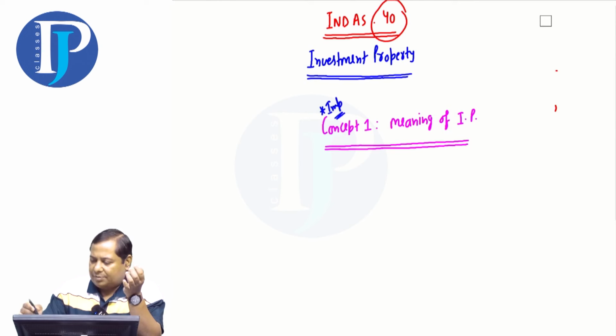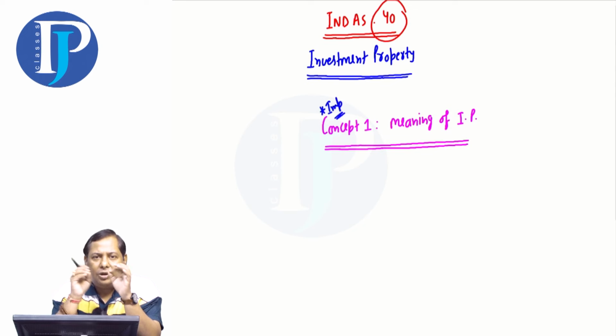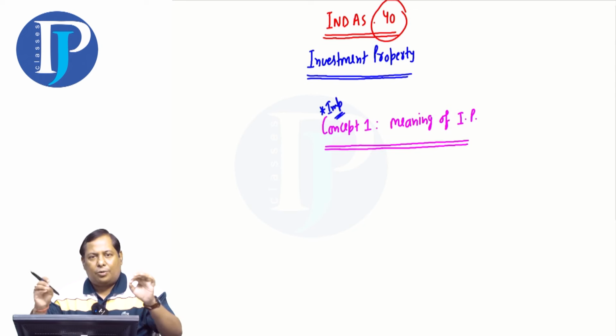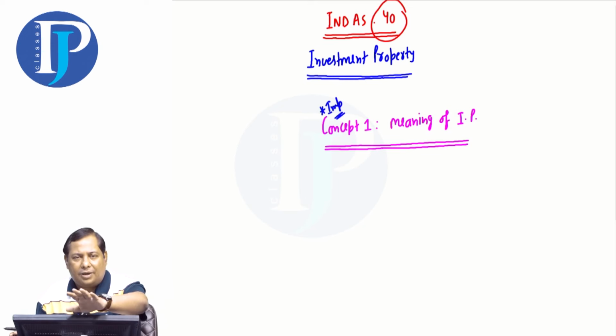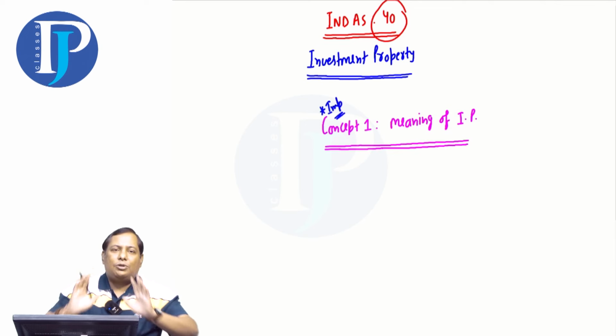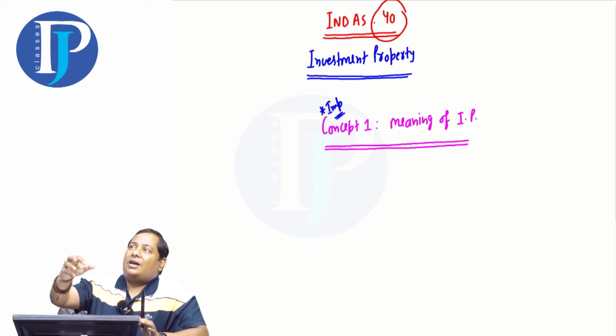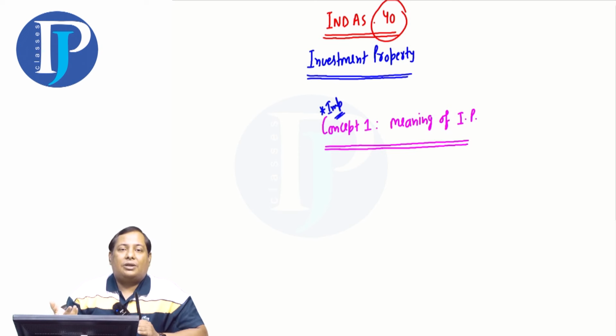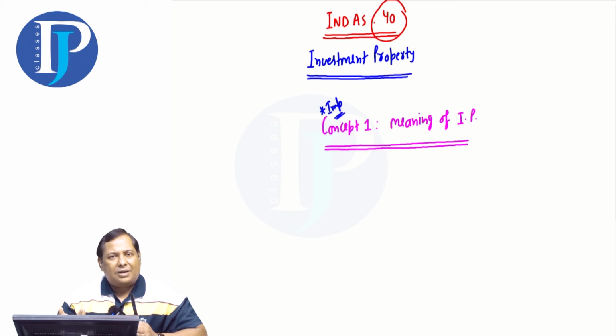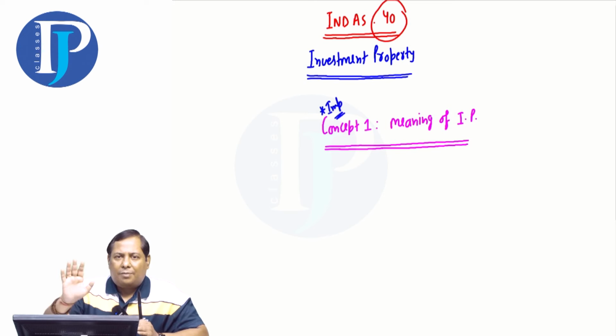Ind AS are never studied in sequence. It's not necessary that you'll understand it only if you read it in sequence 1, 2, 3. All the Ind AS are on different discussions and different topics. You can start any Ind AS at any time, because every Ind AS discusses a different topic. I could have started Ind AS 16 in class today on PPE. I could have begun with 38 on intangibles, but I started with 40. Don't look at the numbering of Ind AS, just focus on the discussion.